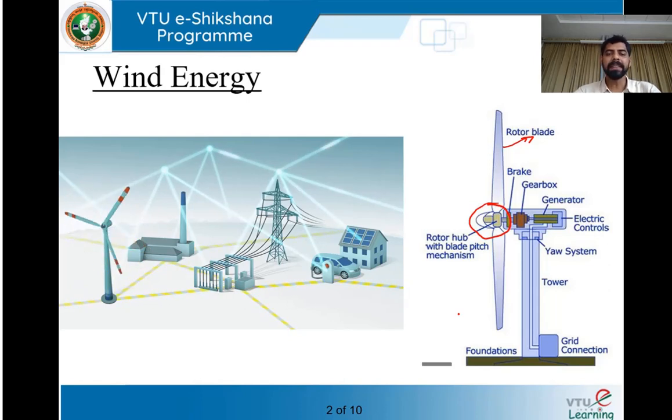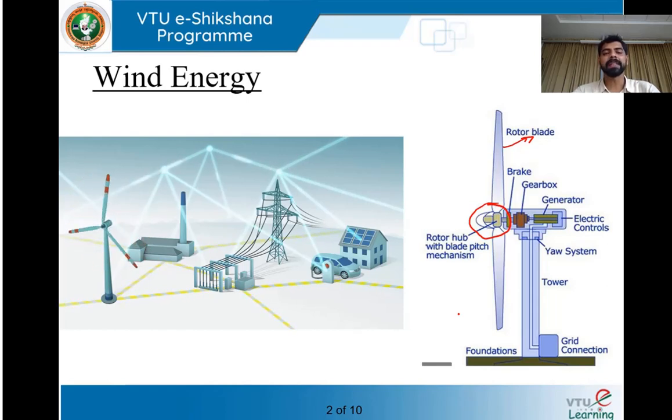high tower, and these towers are usually located in a hilly region or where we don't see any obstruction for the flow of wind. Normally these windmills cannot be erected in urban areas because of tall buildings, so there will be an obstruction for the free movement of the air. When there is an obstruction for the free movement of air, we can't expect the kinetic energy that is required to run a rotor blade. So it is always recommended to erect this kind of windmill in a rural area, especially in the hilly region where there is no obstruction for the flow of wind.